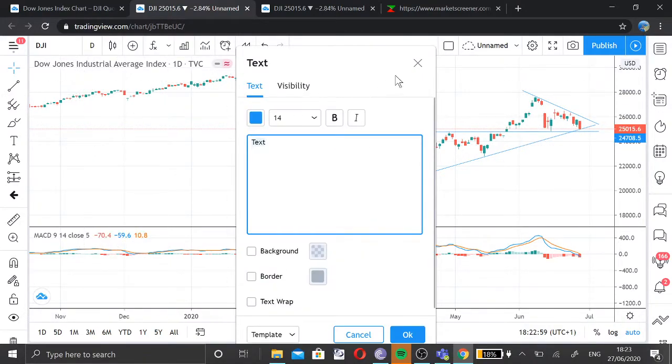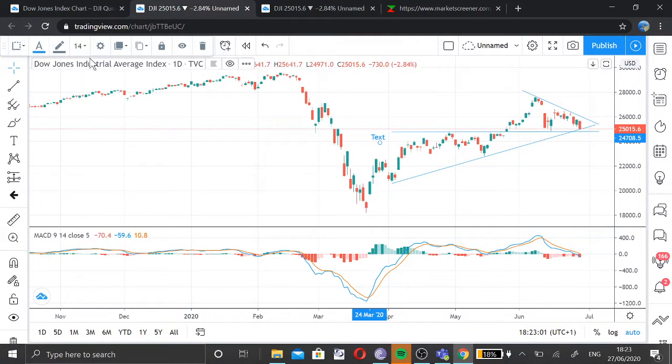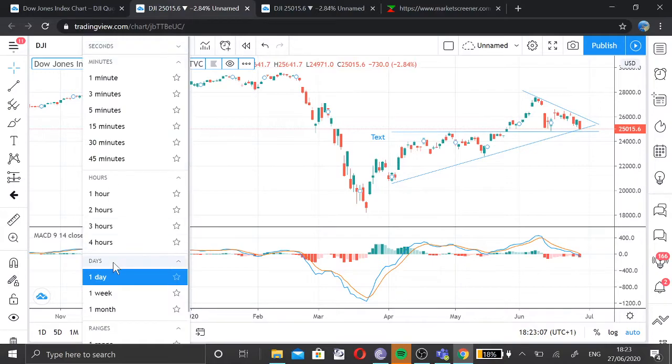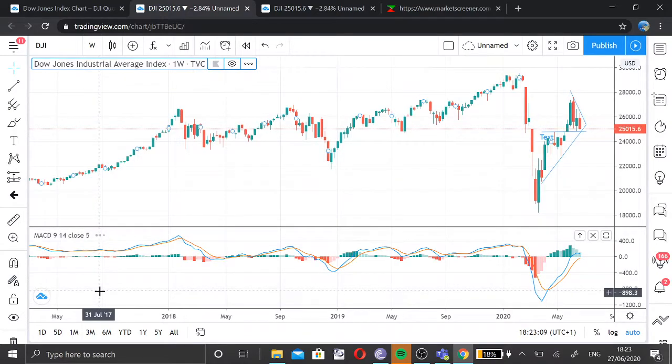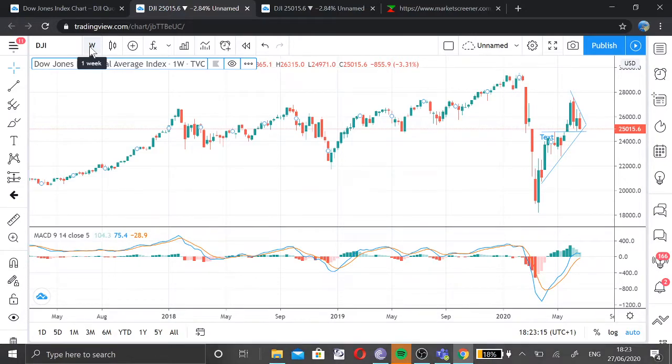Let's look at a higher time frame, which is the weekly chart. So let me just change it here. You can change it from daily to weekly or monthly charts over here. So on the weekly chart,